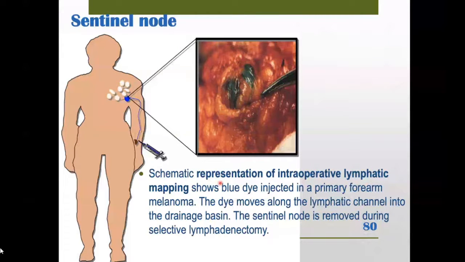That is an observation which is not yet explained. So there is what we call sentinel node. Sentinel node is a procedure that helps to predict if a person already has a metastasis or not. So if a person has, for example, a melanoma, let's say melanoma on the finger,